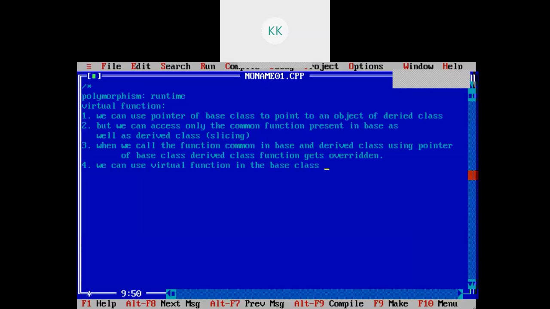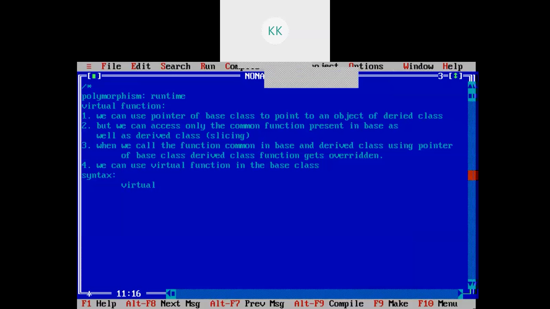The functions which are common we can make virtual in the base class. So how can you make the base class function virtual? By using a simple syntax, that is virtual.